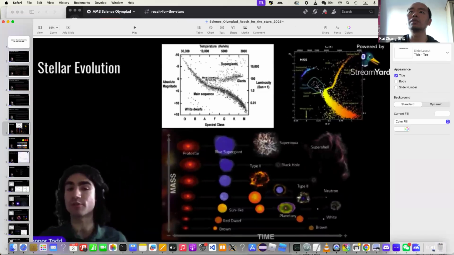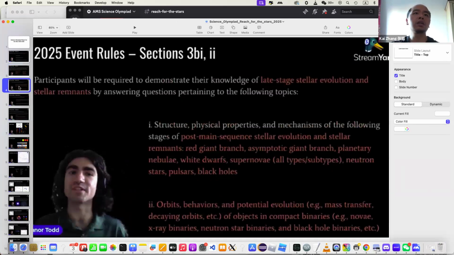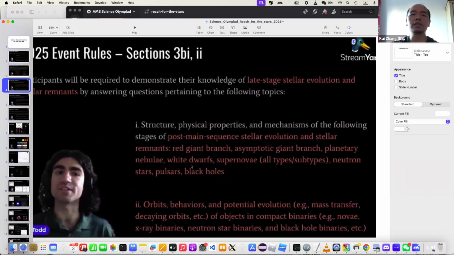The turning point will tell you the age of the cluster. So you can determine that from here. Number one, you have 12 objects here that you need to know in very detailed information. For the physics behind that, you have some idea of the evolution of the star, and then you know how they